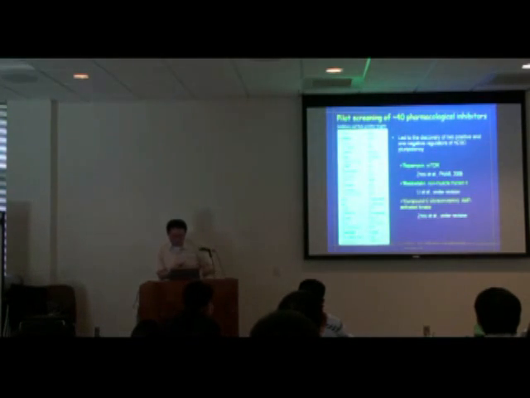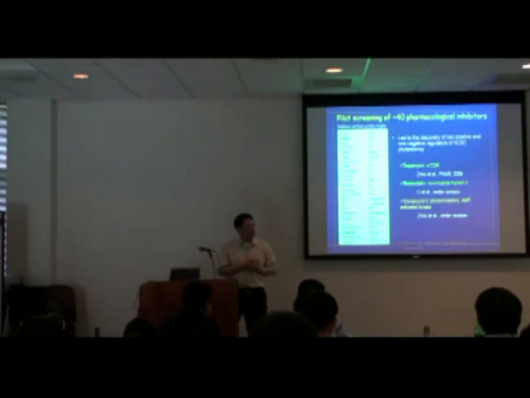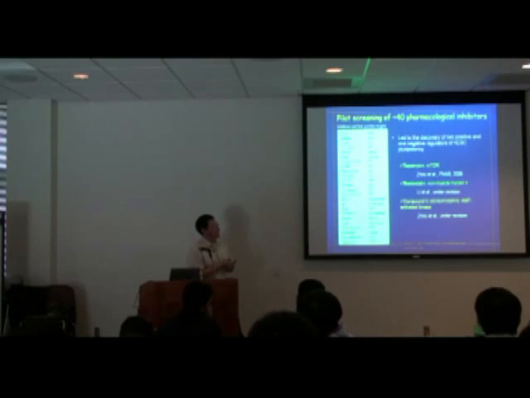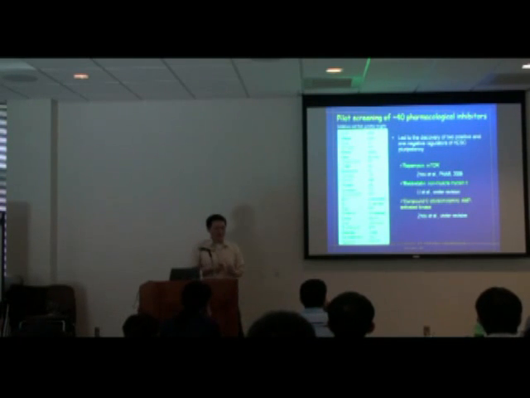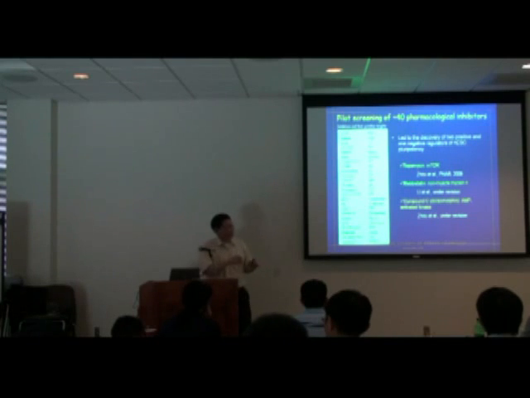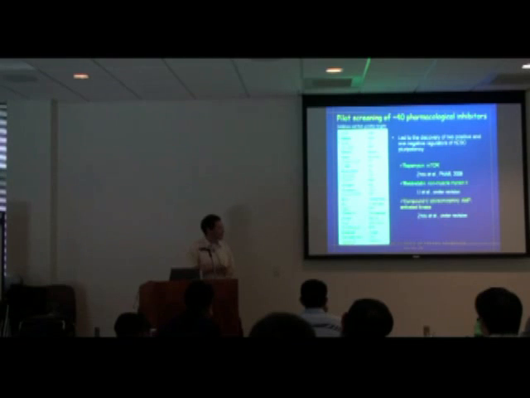So we started out by screening roughly 40 known pharmacological inhibitors. A lot of people ask me why we started with this. The reason is we didn't really know what to expect, to be honest. And number two, these inhibitors, and you don't really have to know the detail, pretty much have known targets in the cell. So whenever we see an effect, we kind of know what their targets are, which makes our life a little bit easier. You will see that as I present my talk.